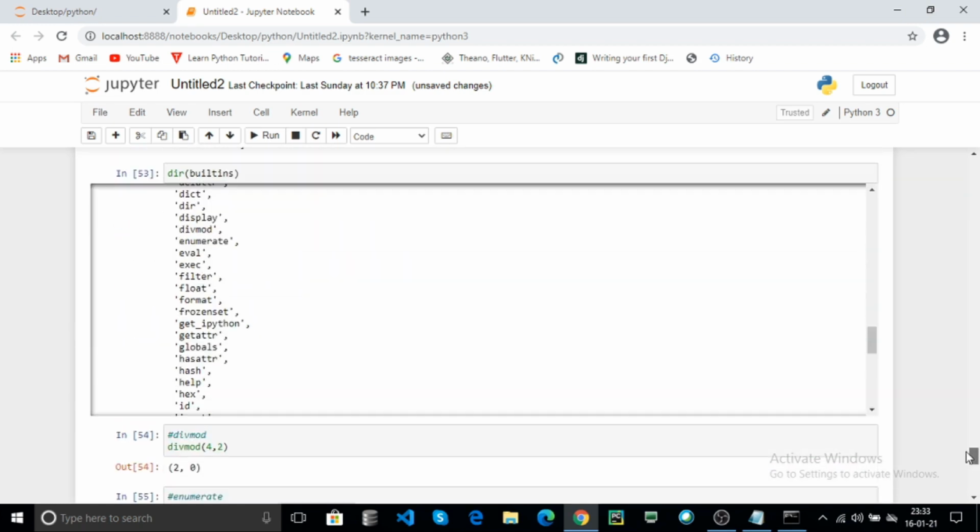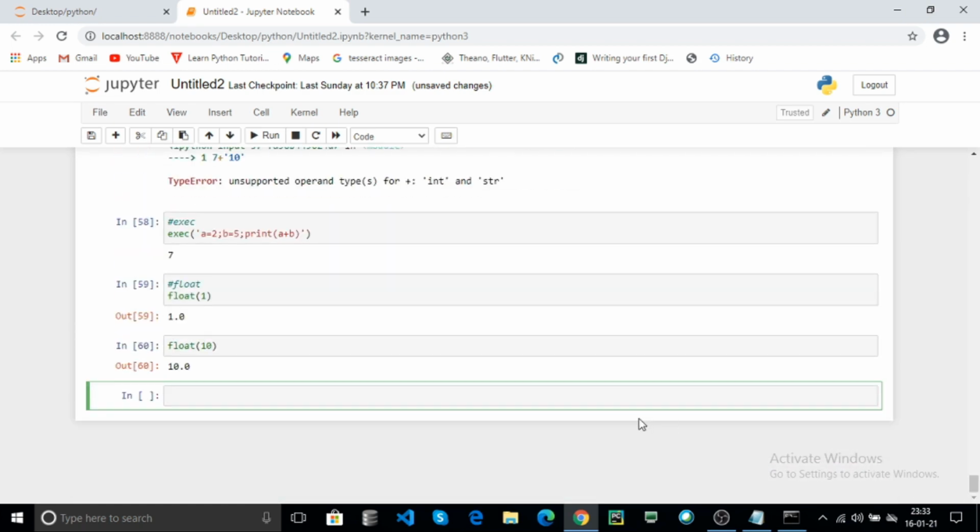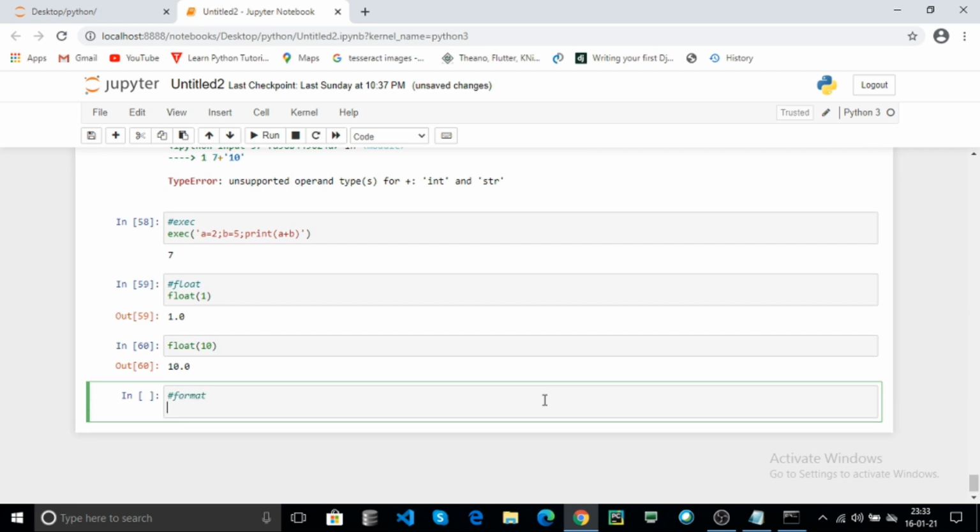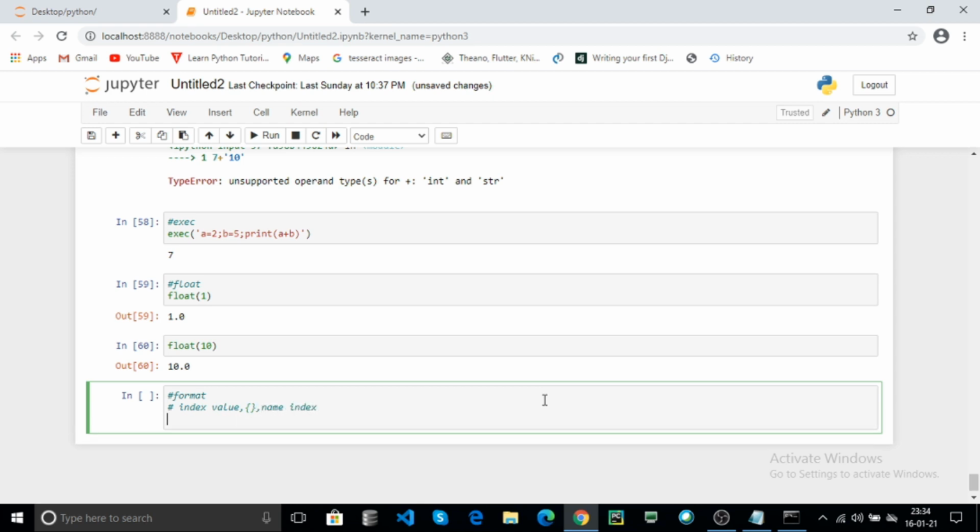Now the next function is format. The format is used to print your output with a specified format. For example, the format supports index values, placeholders and name index. For example, x contains the 10.